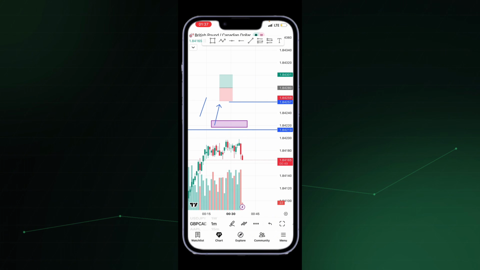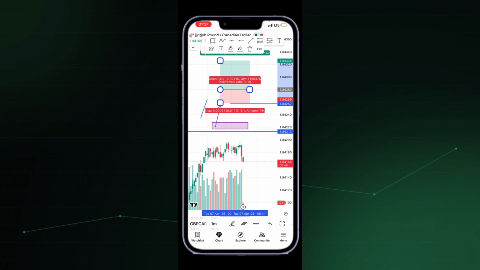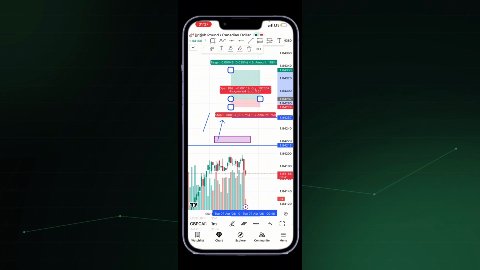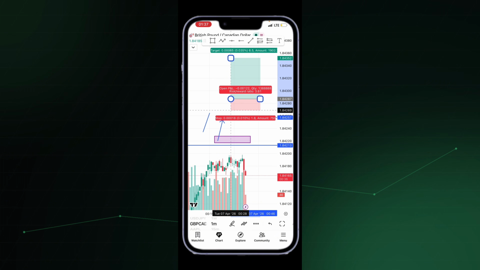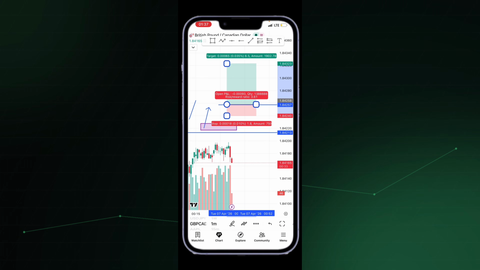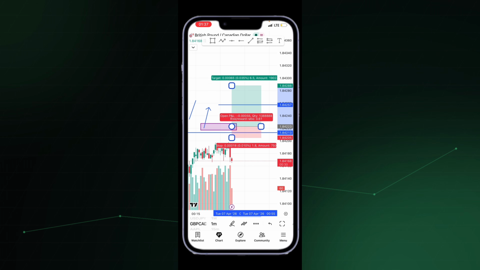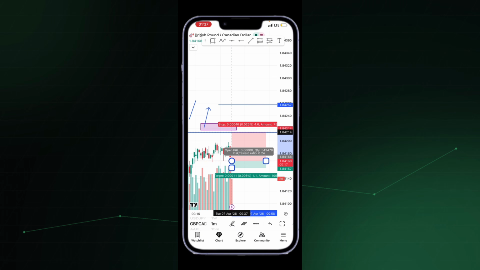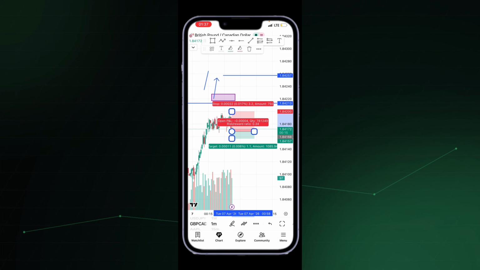This is called a position size. So let's say I want to buy. I'll basically use the long one. So this green part is the take target, which is take profit. This red part is the stop loss. This is used to basically show your entry, your stop loss, and your take profit. So let's say, for example, GBP CAD, I want to enter here. I'll basically put it down here, and then put my stop loss above and then put my take profit down. So this is the short position.